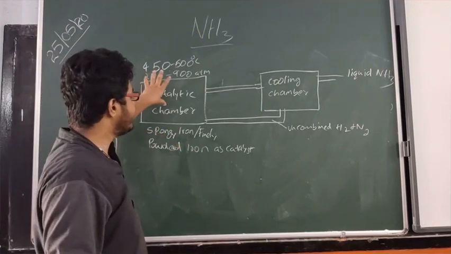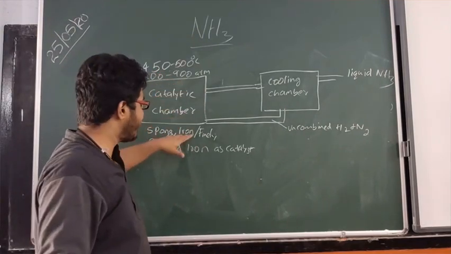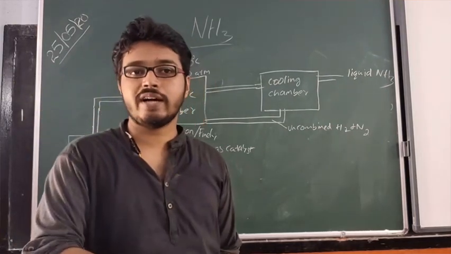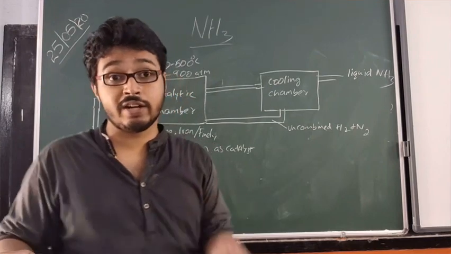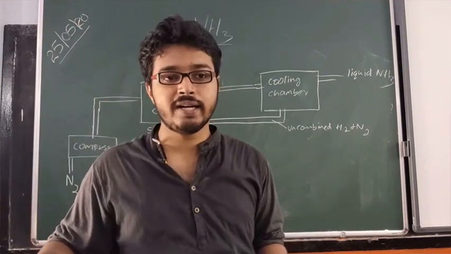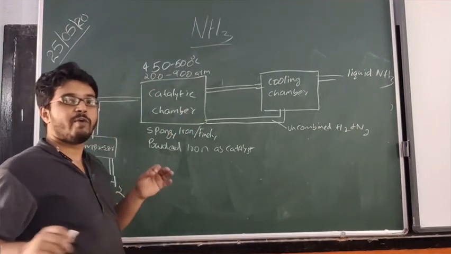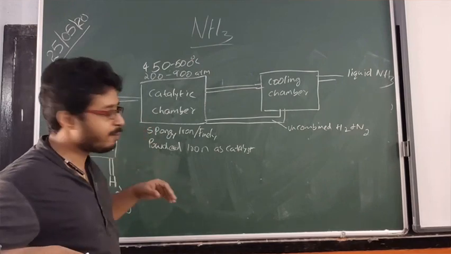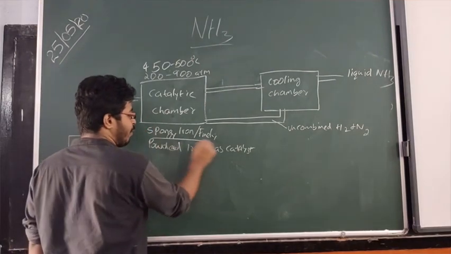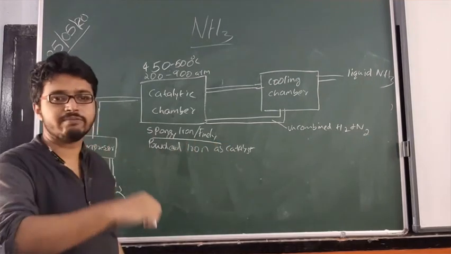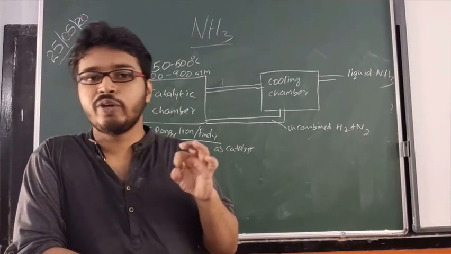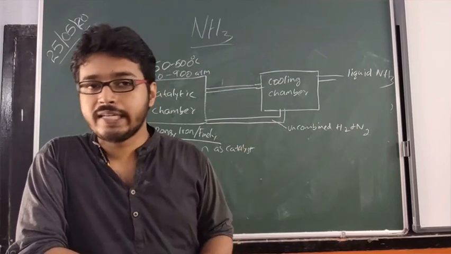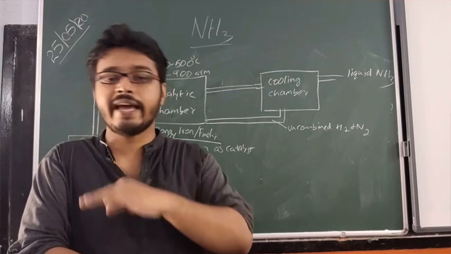That means there is a reaction going on here which is mediated by a catalyst. There is a catalyst for the Haber process, and that is one of the regularly asked questions from this part. What is the catalyst used in the Haber process? The name of the catalyst is spongy iron, or you can also call it finely powdered iron. Finely powdered iron is used as a catalyst in the Haber process.